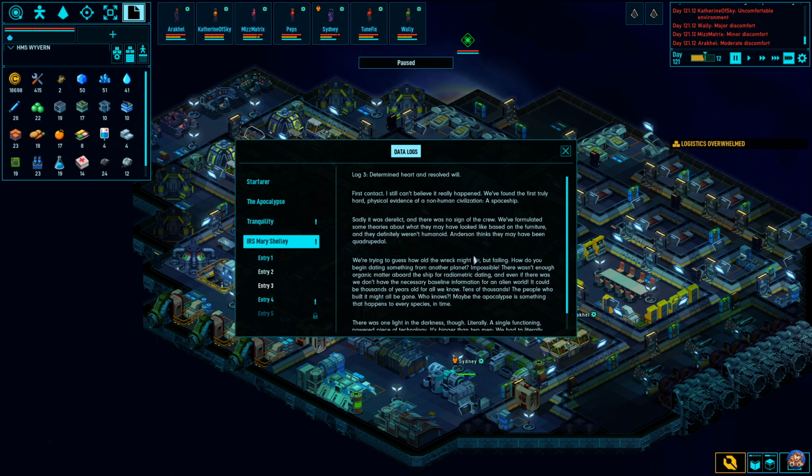Determined heart and resolved will. First contact. I still can't believe it really happened. We've found the first truly hard physical evidence of a non-human civilization. A spaceship. Sadly, it was derelict, and there was no sign of the crew. We have formulated some theories about what they may have looked like based on the furniture, and they definitely weren't humanoid. Anderson thinks they may have been